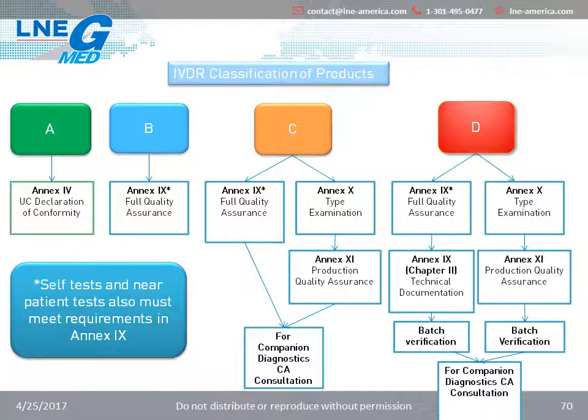Manufacturers of Class C devices shall be subject to a conformity assessment as specified in Annex 9, including an assessment of the technical documentation for at least one representative device per category of devices. Alternatively, they may choose Annex 10, type examination, coupled with Annex 11, an assessment of the production quality. For companion diagnostics, a consultation with the competent authority is required for every device. Manufacturers of Class D